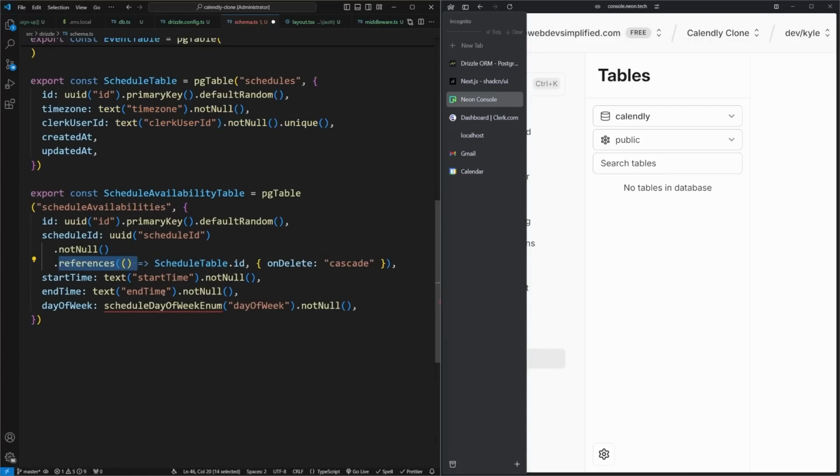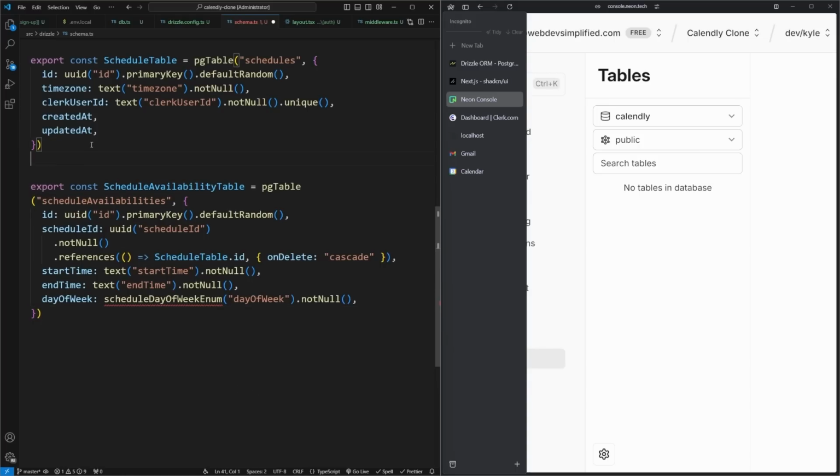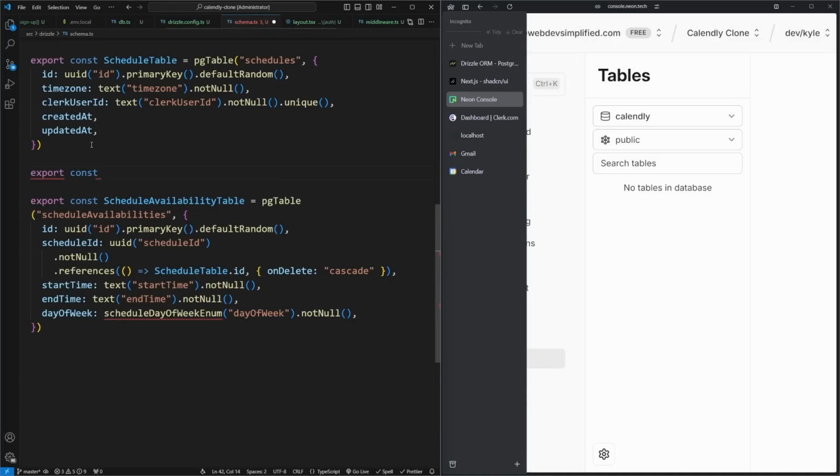This references field just tells me that I'm referencing this particular table. And whenever I delete this particular table up here, I want to delete all the references to that table in this availability section as well. So if a user deletes their schedule entirely, it should delete all of these schedules down here as well. Finally, the day of week is going to be an enum that I'm going to create. Essentially, this is just going to be all the different days, Monday, Tuesday, Wednesday, Thursday, all the way through to Sunday. So to create that enum, we can come in here, export a const schedule day of week enum,